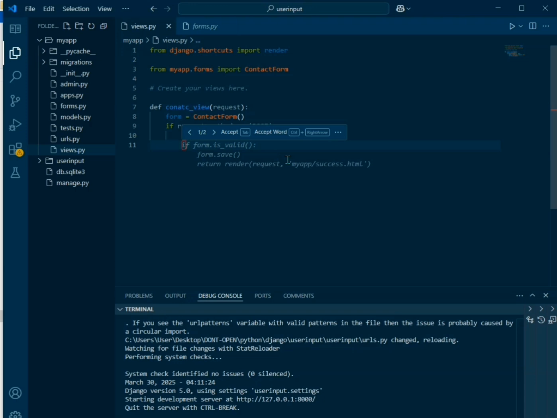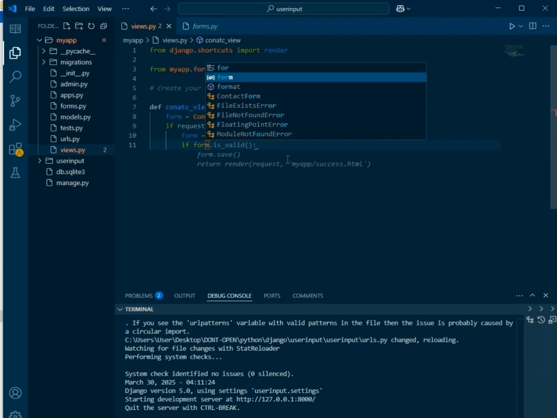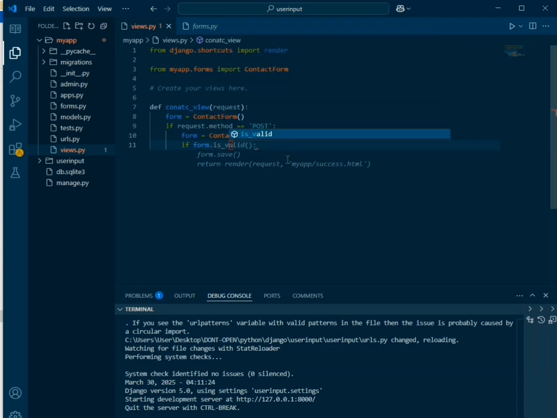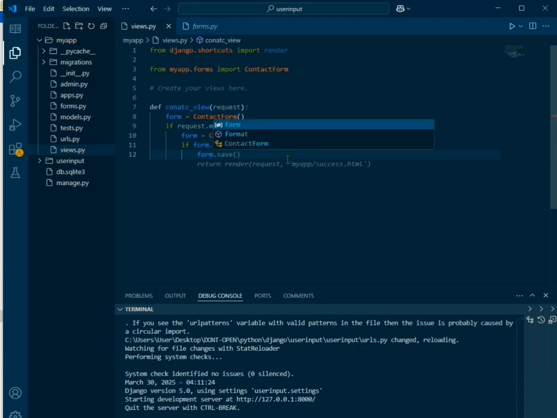We haven't created that one yet. So we are checking if the form is valid, and of course if the form is valid, then we can now save the form. form.save. We can now save the form,